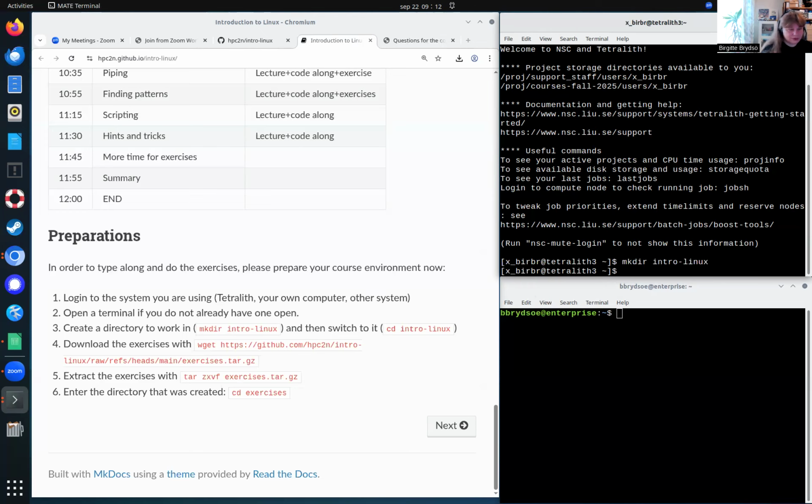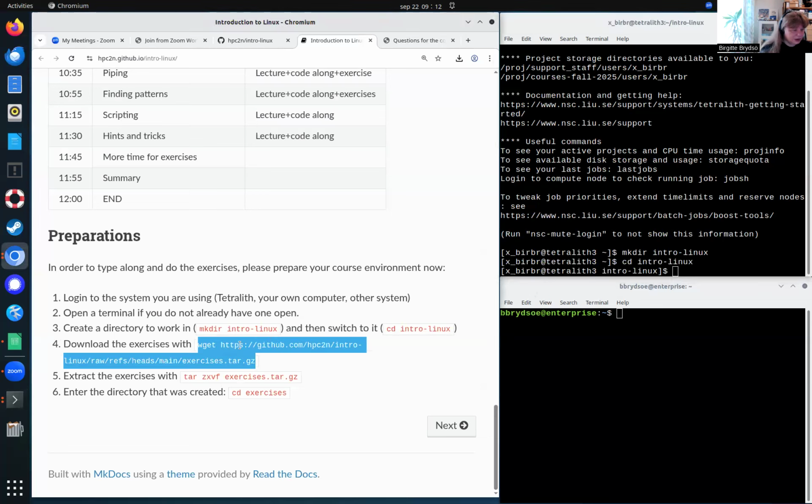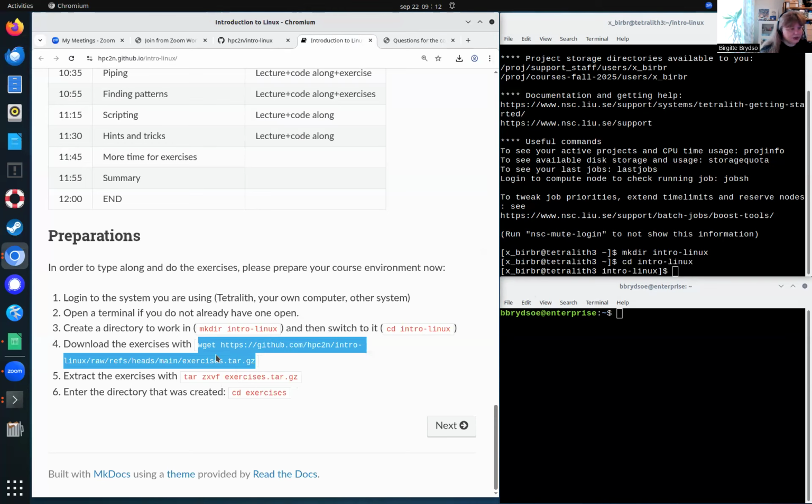So I will create a directory here. Just follow the commands, and in a little while I will explain more about what they mean, but this just creates a directory and then you change to it. And then download the exercises. Just copy this string here. It is a Linux command to fetch a file.